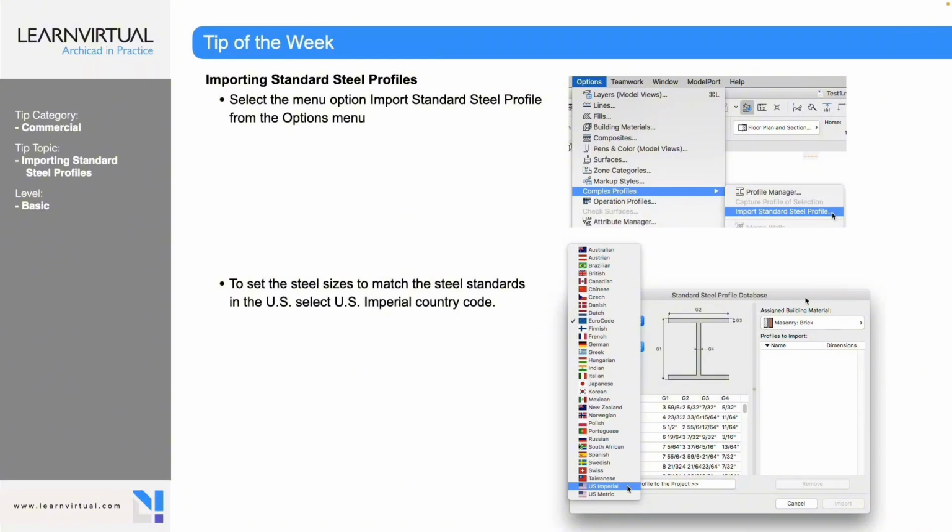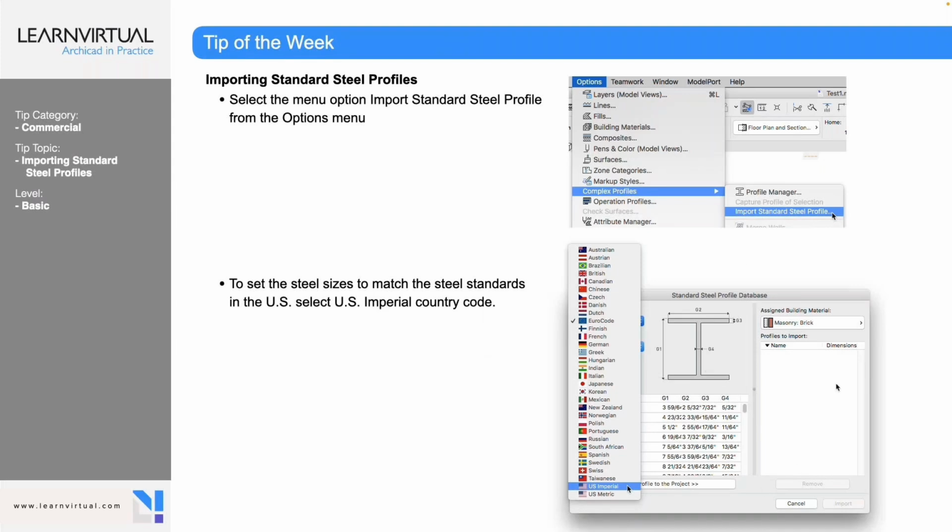Now, a few of these are in our profile manager by default, but just a few to give you an idea of what to do and how you use it. But more than likely, you're going to need to add custom profiles into your profile manager as you're working with your steel or your structural consultant. If that structural consultant has not created a 3D model, you can go in and do that for yourself using this process. So in this case, you're going to go down and select, let's say, US Imperial as your database